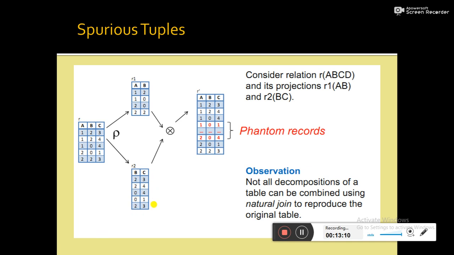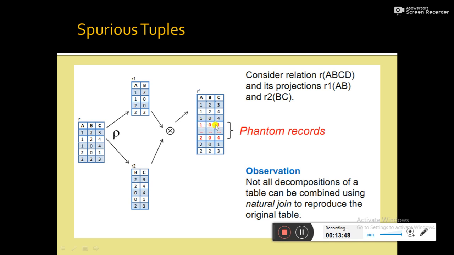Again next record, value of B is 0, and the other value of B is 2, not matched. Now here the value of B is 2, and the value of B is 2, same, so 1, 2, 3 will be there, already it is there, it's not a problem. Now next 1, 0, so the value of B is 0. Here the value of B is 2, not matched. Value of B is 0, so matching. So 1, 0, 4 will be there. Next, for that record, the value of B is 0. So this is matched. So we are getting 1, 0, 1.